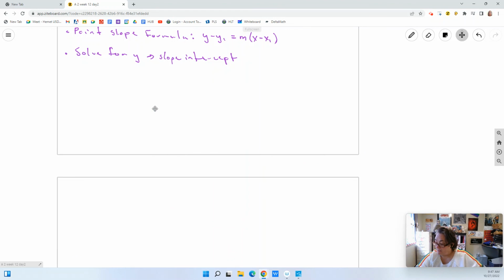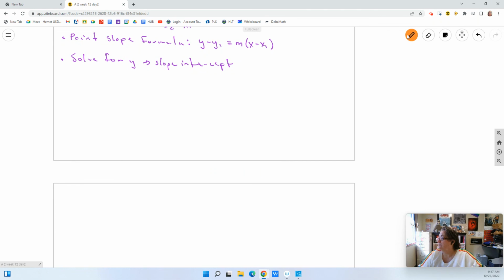So let's look at our next example, given 2 points. Let's go (10, -5) and (1, -8). So first thing I need to do is find that slope, right? I have 2 points, so I can use either one of those, but I need to find the slope. So I'm going to call this x1, y1. I'm going to call this x2, y2, and I'm going to plug it into my slope formula, which is y2